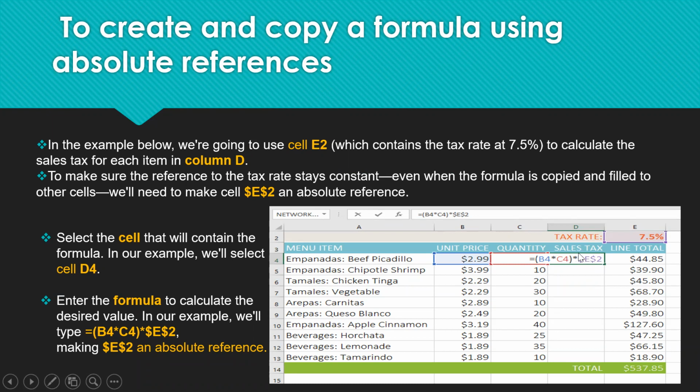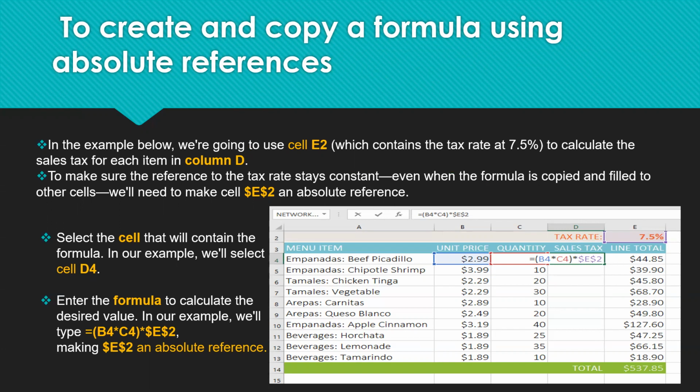So we have made the particular cell $E$2. You can see the difference, right? For other references we just use B4 and C4, but for the absolute reference we use $E$2. We use the dollar symbol in front to make sure that the reference doesn't change when you copy it to the subsequent rows using the fill handle option.